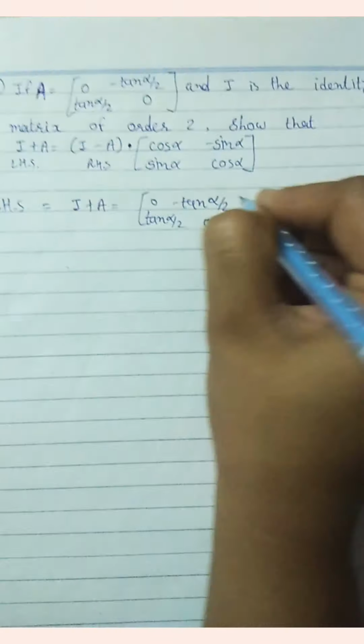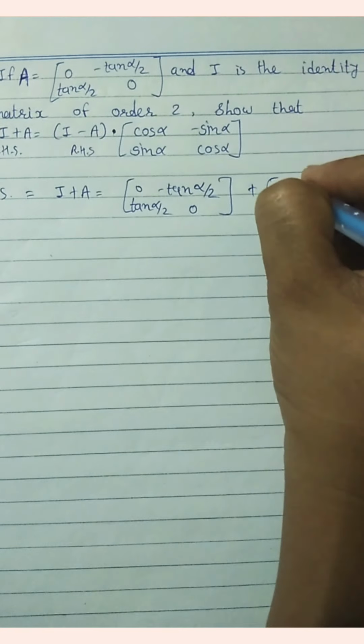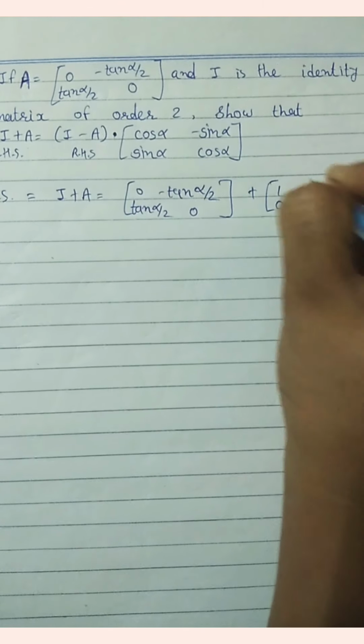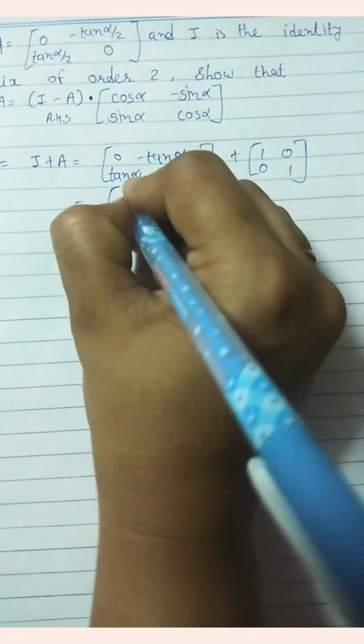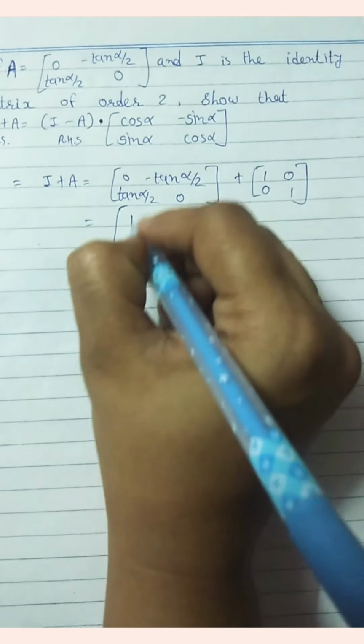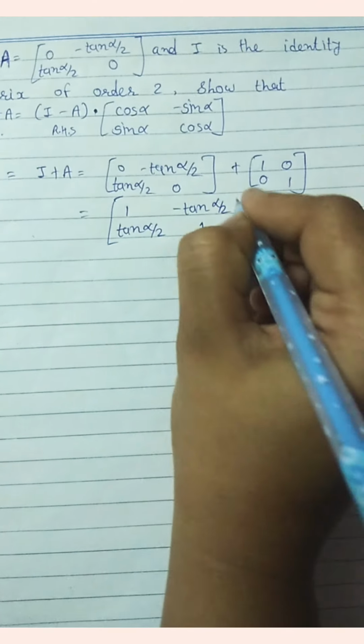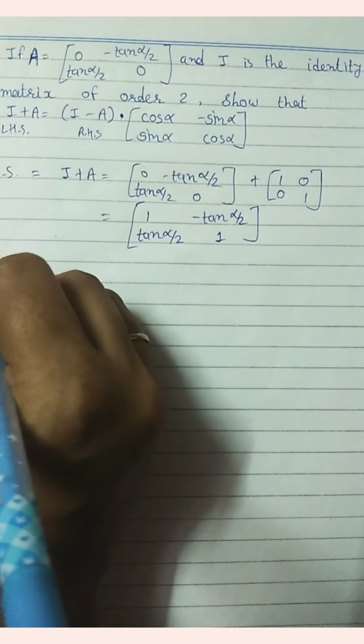Okay, I made a mistake, no problem. We have I plus A, I can write A plus I, in addition of matrices, no problem with that. Okay, so 0 plus 1, that is 1, minus tan(alpha/2) plus 0. Okay, this is tan(alpha/2) and 0 plus 1, that is 1. In addition of matrices, we are just doing addition of two corresponding elements, that's it. We are doing nothing else than this. Okay, for RHS,